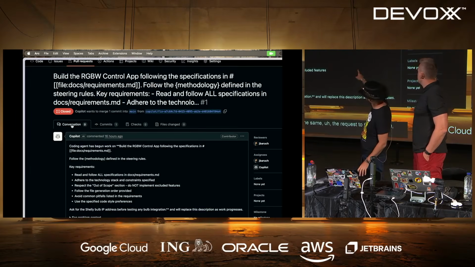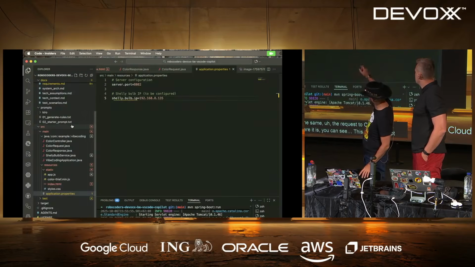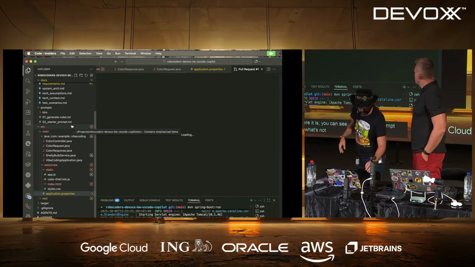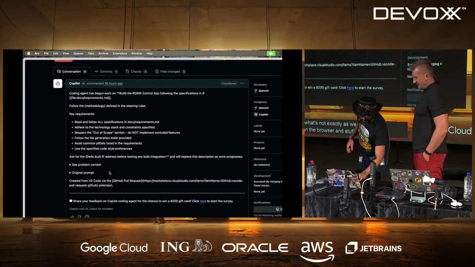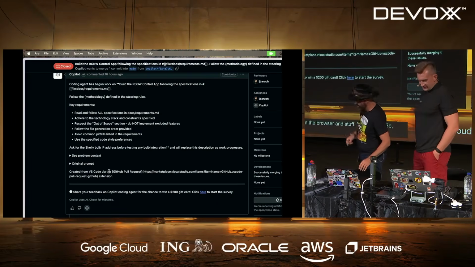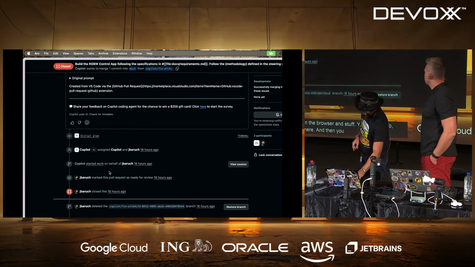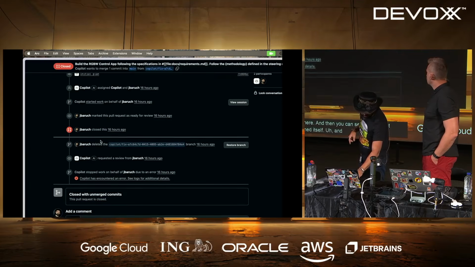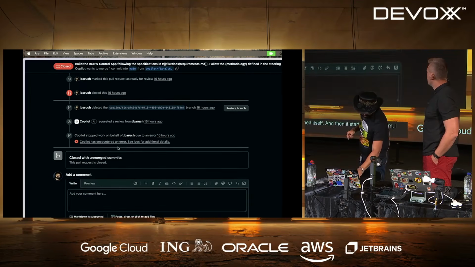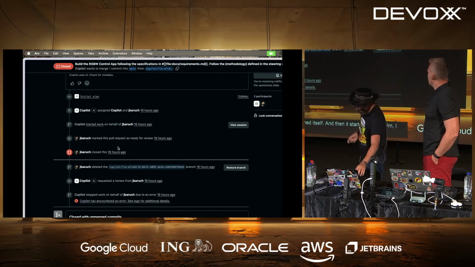Here it is. You can see this is our prompt that refers to requirements. You can see all the information here, and then you can see Copilot start the plan. It assigned itself, and then it starts working. I killed it, but basically this is how you interact with it.